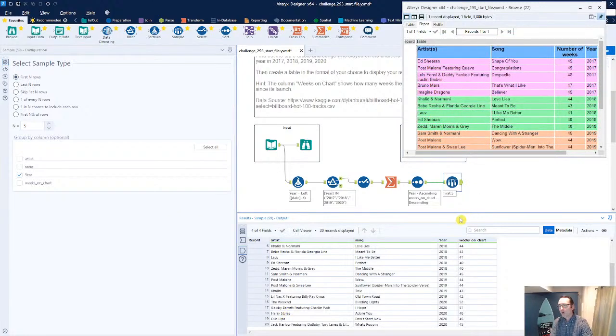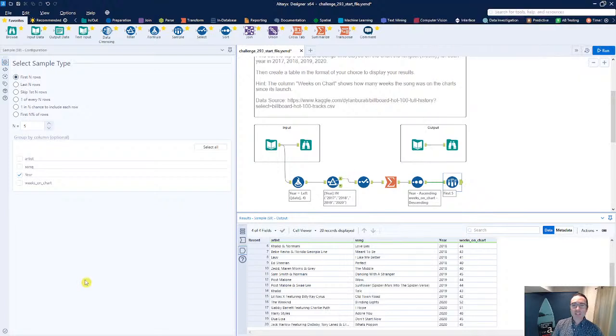All right, now is whenever we actually get into the reporting portion of things. So I'm going to close out of this because, once again, I don't really care what they have done previously, because in the note, it very specifically says create a table in the format of your choice. So that gives us pretty much free reign, free flexibility.